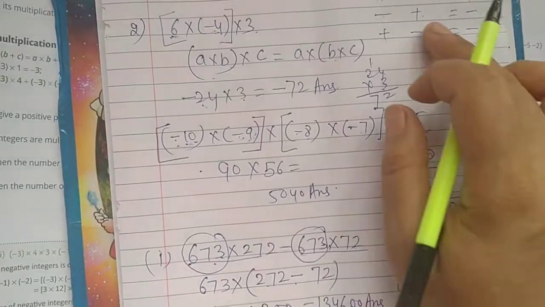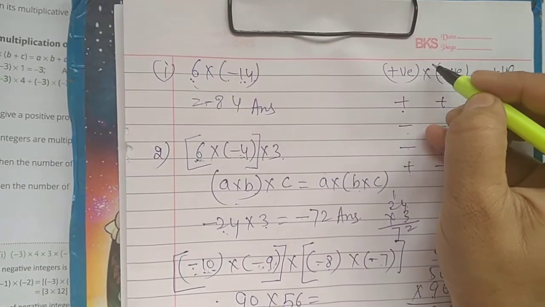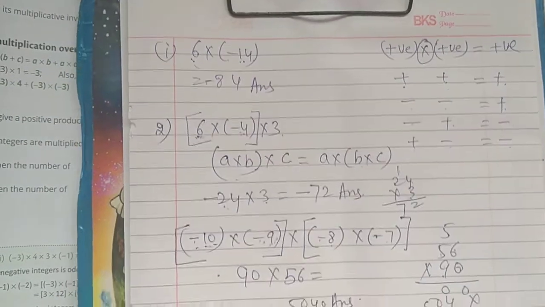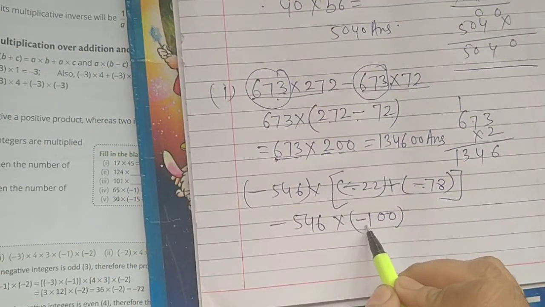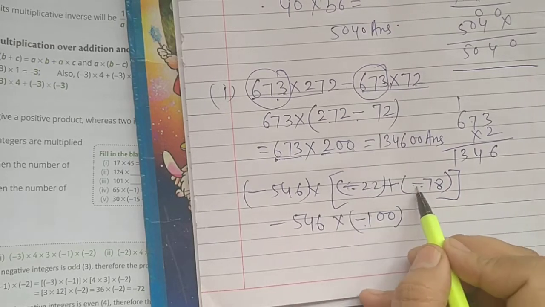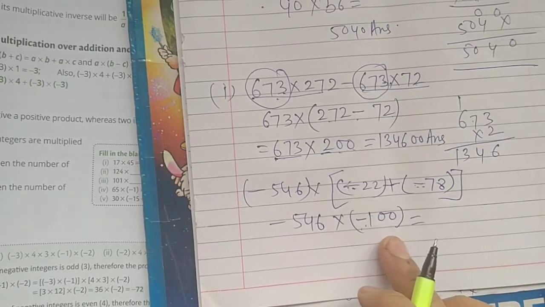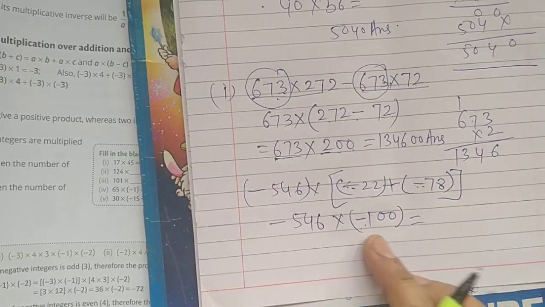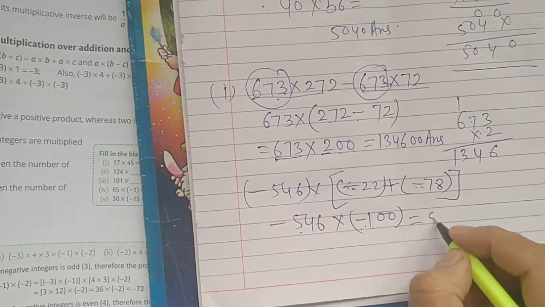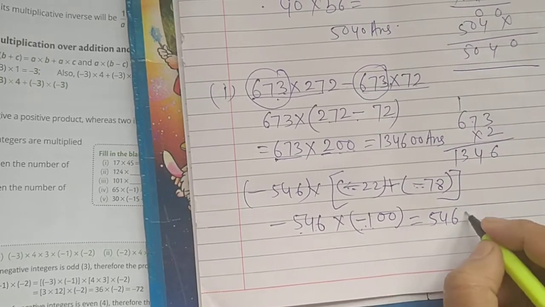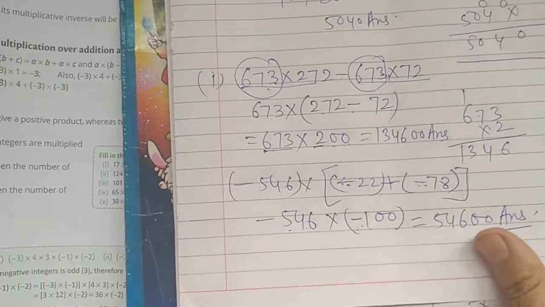This procedure you have to adopt during multiplication, but when you add or subtract, you will adopt this method: when both the numbers are negative, your answer will be negative. So multiplication here is very easy. This is negative, your answer will be positive. And 546 multiplied by 1 is 546, 2 zeros in the answer. I think this is clear to you.